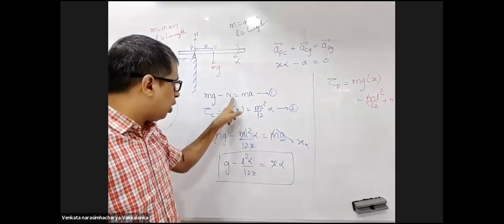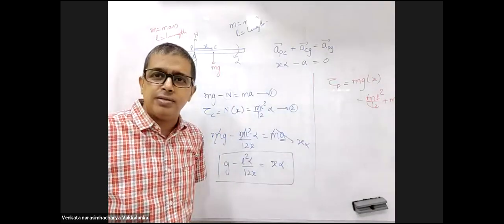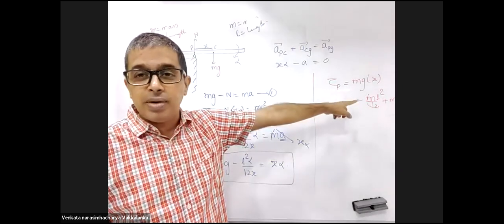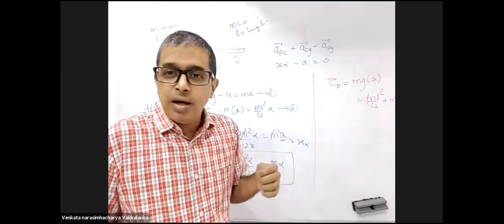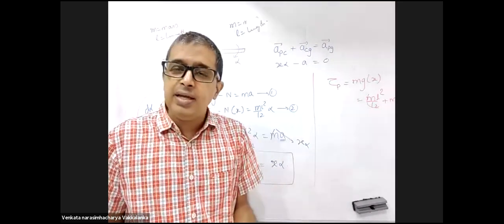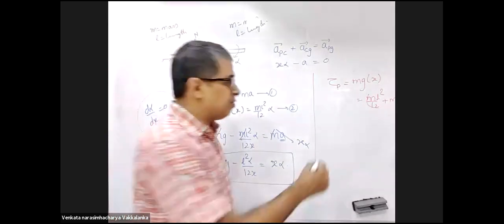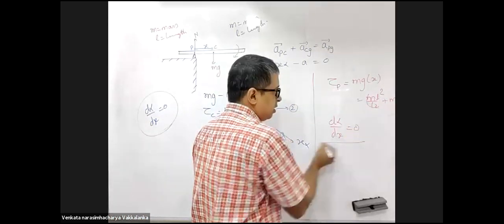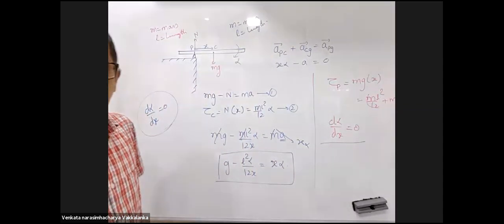The normal force that you eliminated just now, that got eliminated by default. mg into x is I into alpha, but I is not ml square by 12. Now in this relation, the normal force didn't come at all. Directly find out d alpha by dx and equate it to 0. Do you people understand this difference?